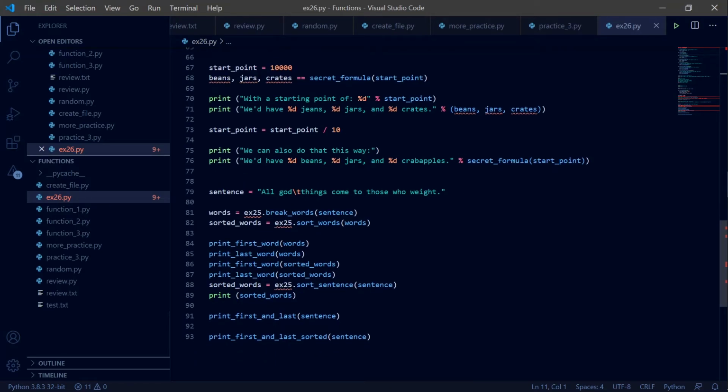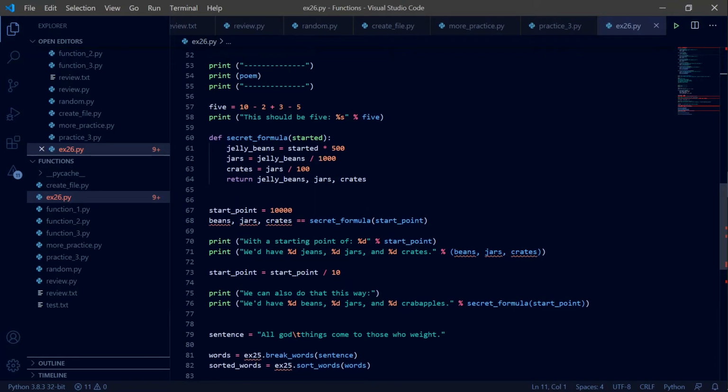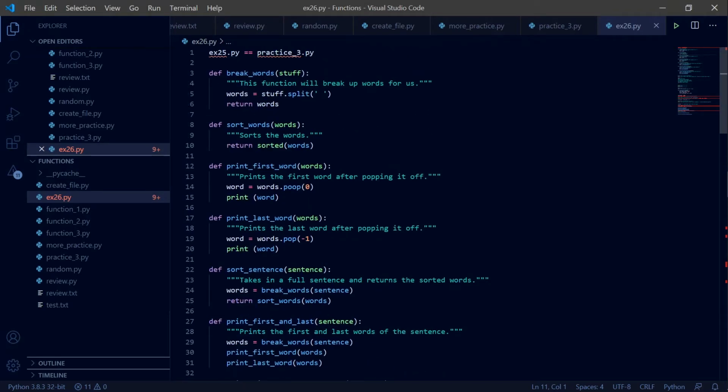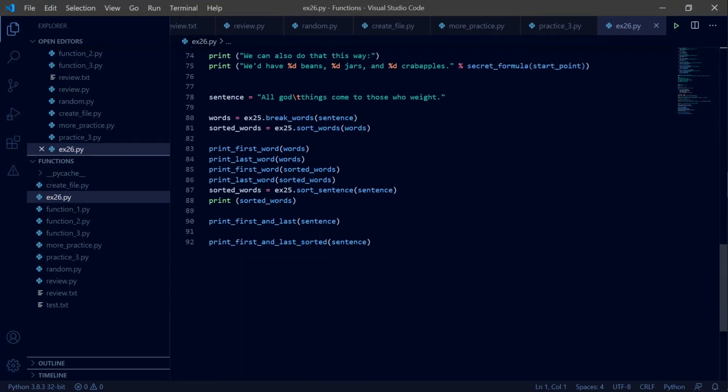Beans, jars, crates. Let's see what I'm doing wrong. So now that created even more errors for some reason. So, undefined variable. Okay, so I'm probably not allowed to do that. Let's just set this equal to, so maybe that doesn't work. Maybe there is a specific syntax, but